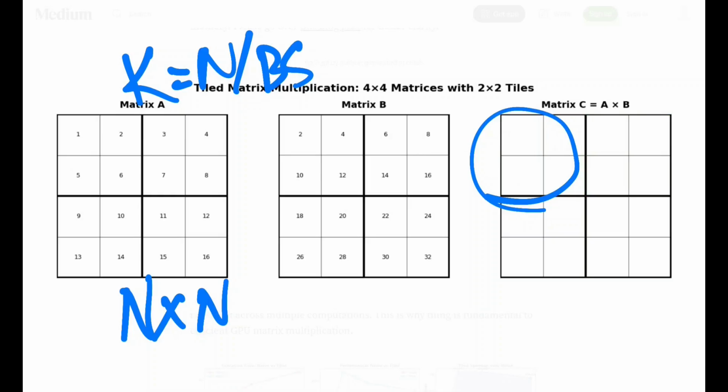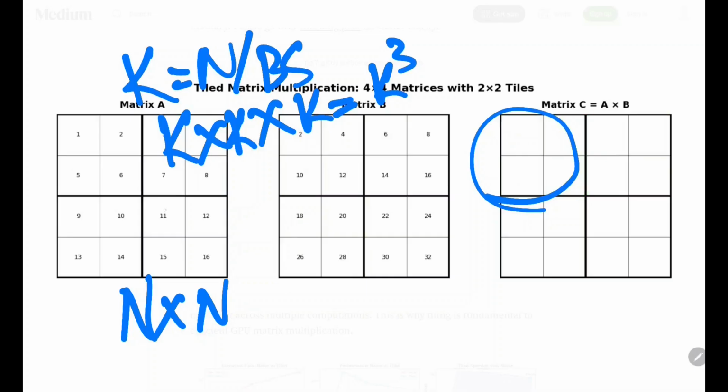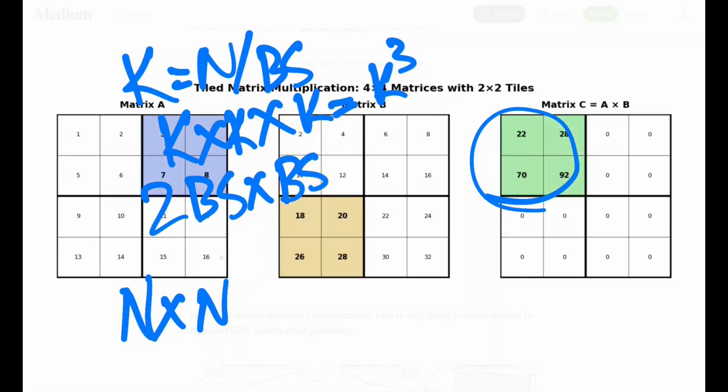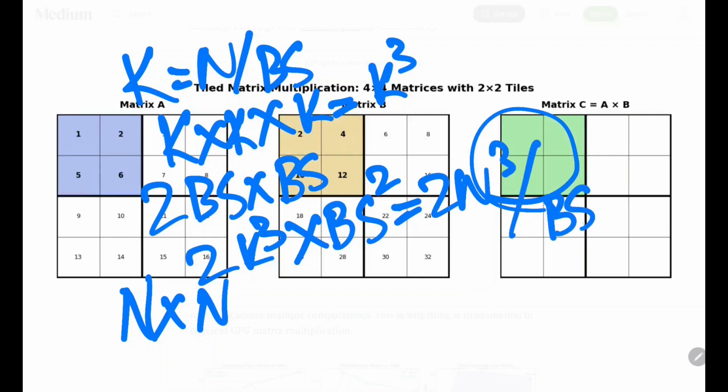Total iterations for the entire C matrix is k cross k blocks into k iterations, that is k cube iterations. During each tile computation, there are two block size into block size memory operations. This gives us a total of 2k cube into block size square, equals 2 n cube by block size